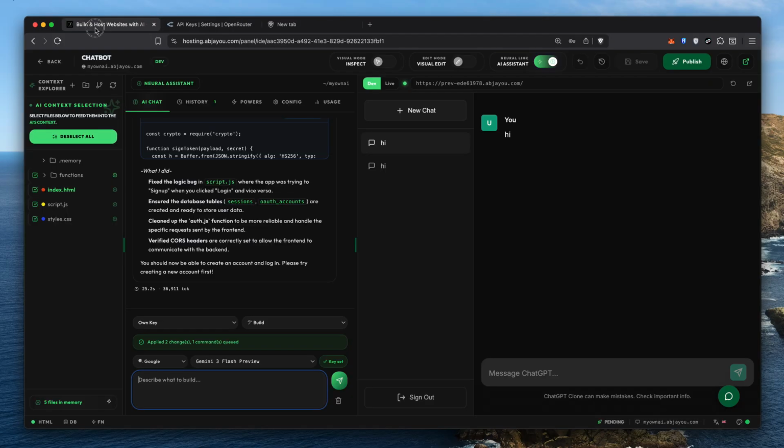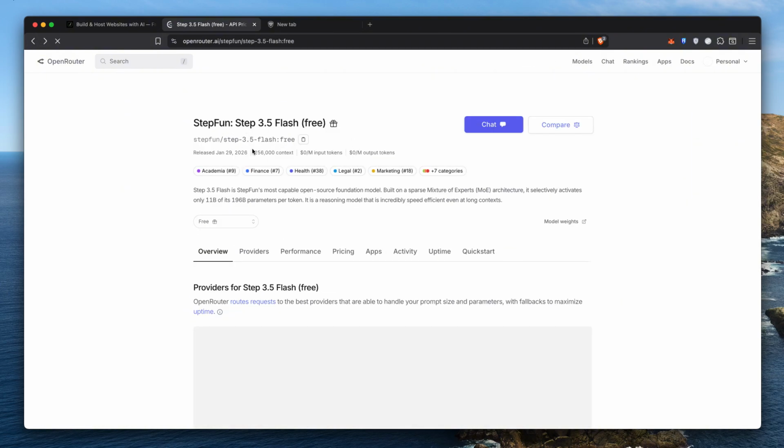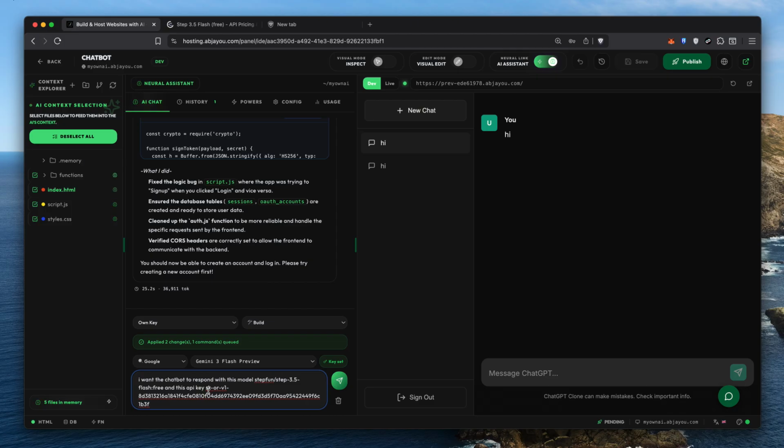So now we are going to go back and we are going to tell the AI to do this. We have this StepFun. I told it I want to add the chatbot to respond with this model, which is the free one that we selected. So it's this free model, and we are just going to send this